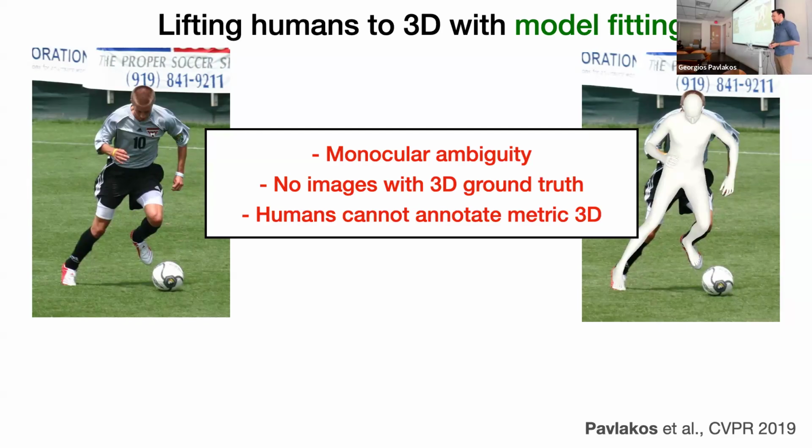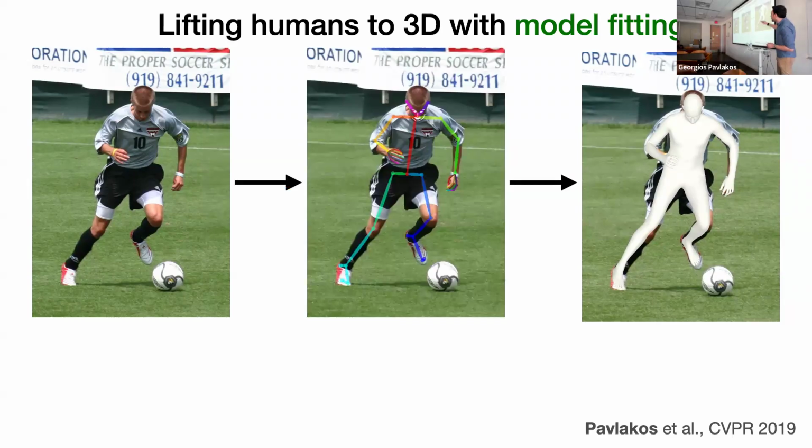This is quite general in this type of single image to 3D problems. The first paradigm that we developed to address these issues was by first building this bottleneck of first detecting 2D key points on the person, and those are just pixel locations, the 2D pose of the person. And this is a task that neural networks excel at, because humans can actually annotate these pixels on a lot of images. You can train large networks on this task.